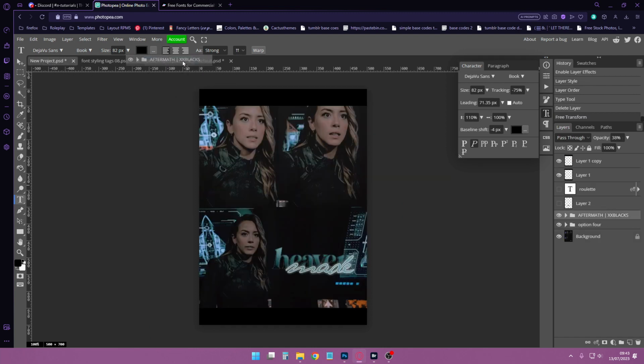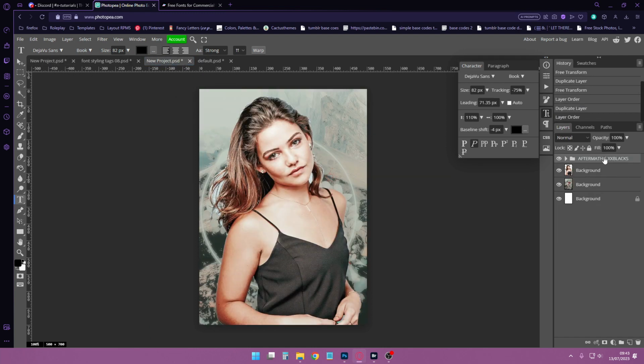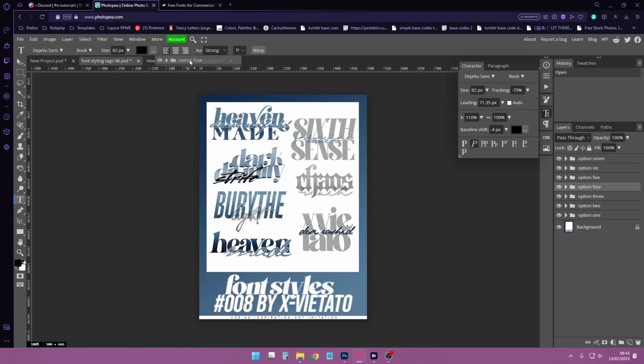Say this is what you want to use, and you're like, how can I tag this? My first option, if you're making the image centered, is to put it behind the PNG, or behind your character. So in that case, I would grab the font tag,